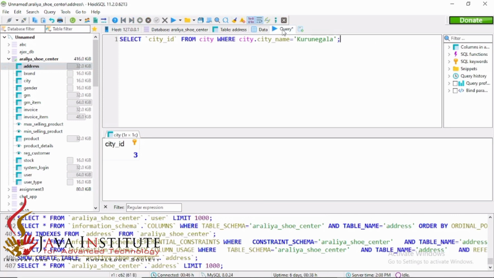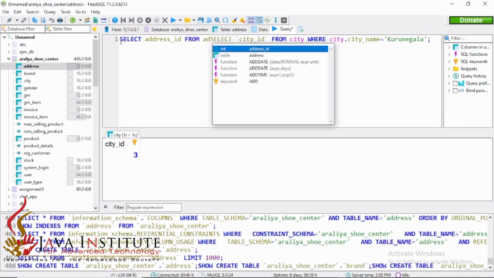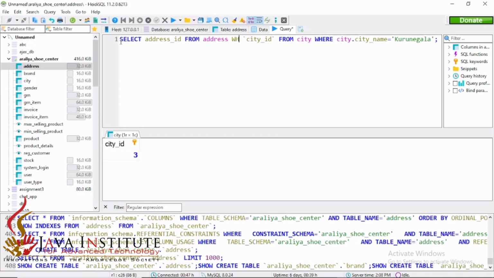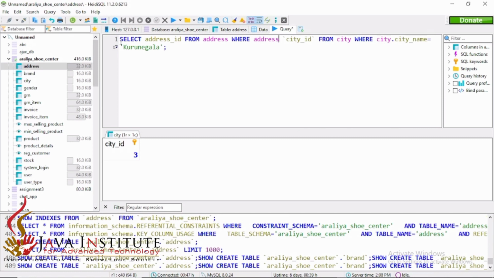So I'm going to find out here: select address ID from address table where address table's city ID should be equal to select city ID from city.